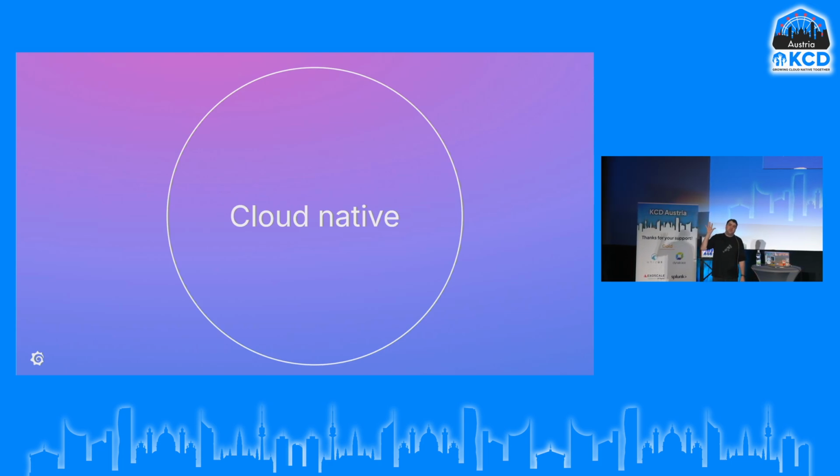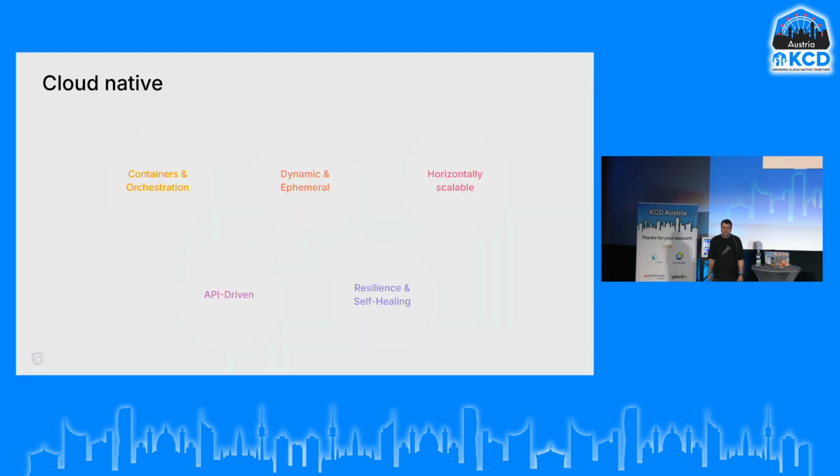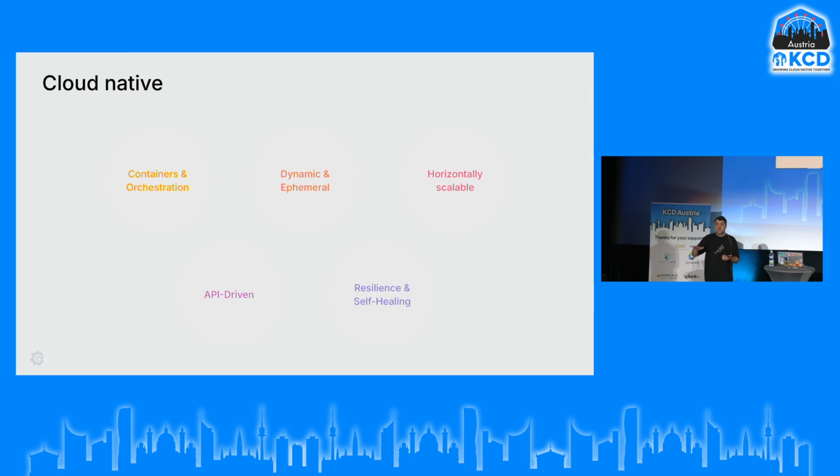Now, cloud native, where KCD, Kubernetes is almost the definition of cloud native. But if we take a step back and see what exactly is cloud native, then we abstract away from Kubernetes. So why do we need Kubernetes at all? So what is actually cloud native? So cloud native is a type of system that relies on orchestration. So I define, or I can tell, what is the system that I need, or what are the things that I need, and an orchestrator, Kubernetes, for instance, would then make sure that that thing is running, that what I want is happening there.